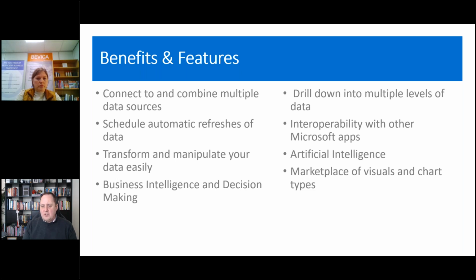And what we've got with business intelligence and decision making is once we've got that data, once it's transformed, we can identify trends, areas of strength, areas of weakness, and give you the ability to make decisions from the insights that it provides. Some of the features that we're going to look at: drill down. So can you imagine there we've got a list of account managers or salespeople with sales, and we want to drill in to find more information.